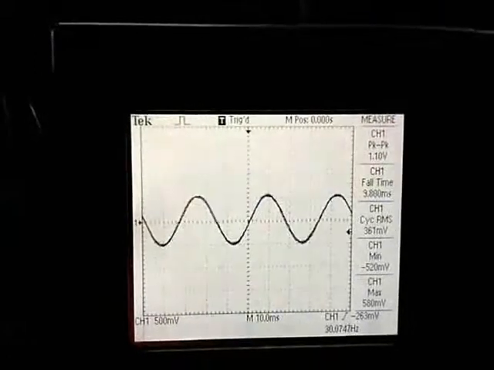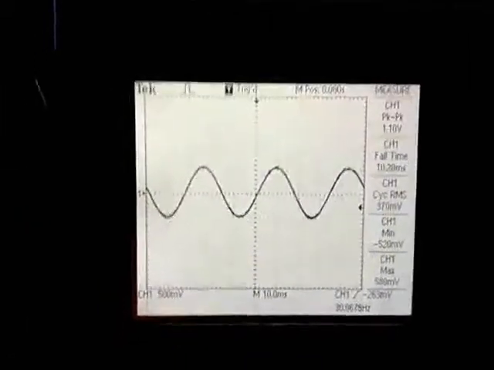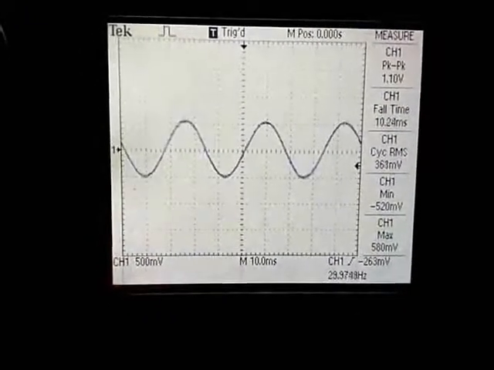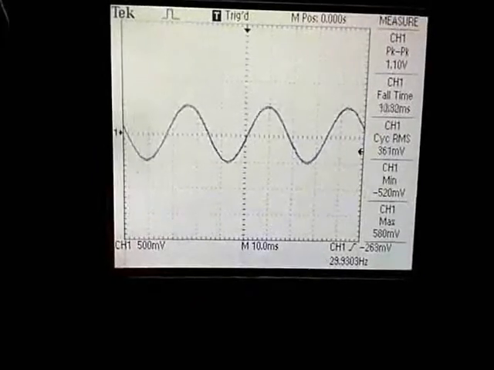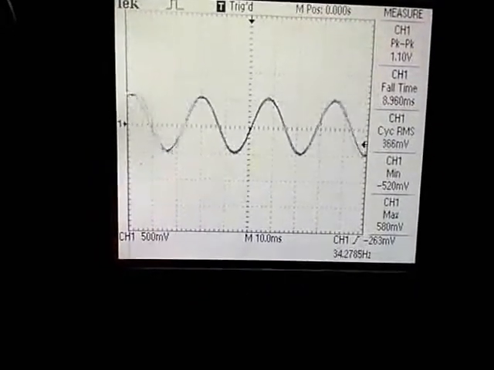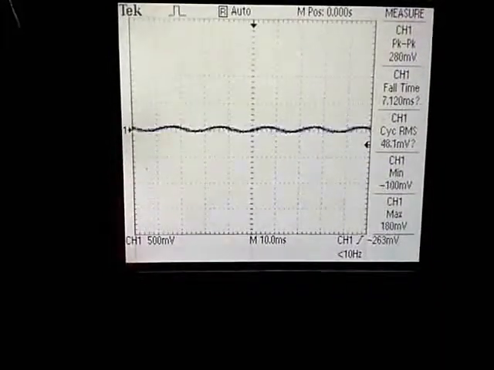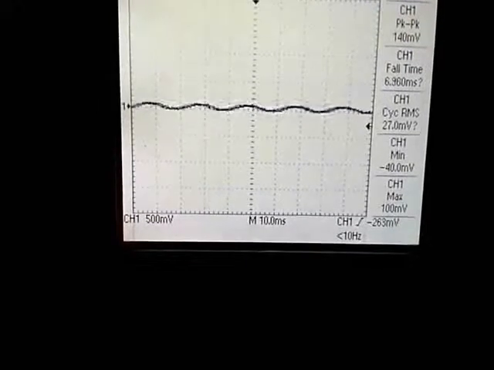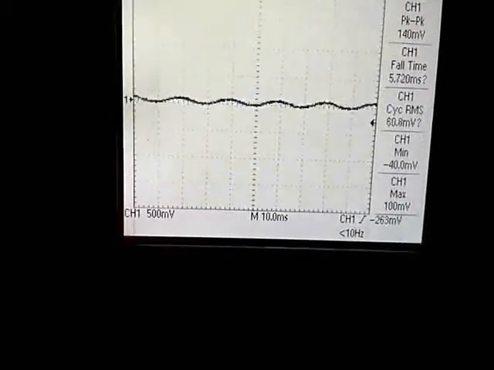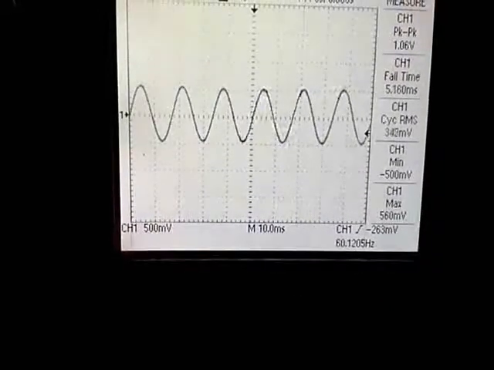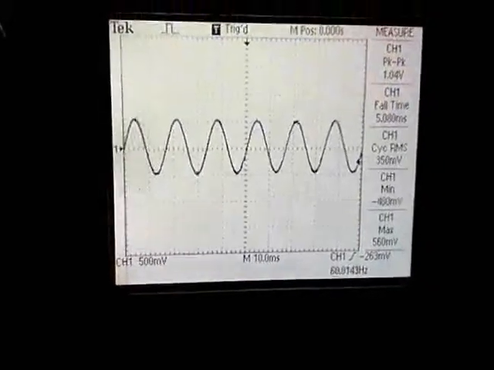Now we have set the notch filter to exactly 50 Hertz. And I can show you that at 50 Hertz we have a high degree of attenuation. As you see, as I increase the frequency, this is at 50 Hertz. At 50 Hertz you can see that there is a high amount of attenuation. And once I increase it further from 50, you can see this is a good notch filter that we have with high Q factor.